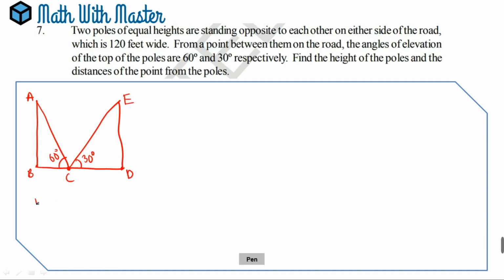And now this total is what? 120 feet. So if I call this part X, this will be what? 120 minus X. This will automatically be 120 minus X. So to find the heights, what we should do now is, first we should find the value of X, and after